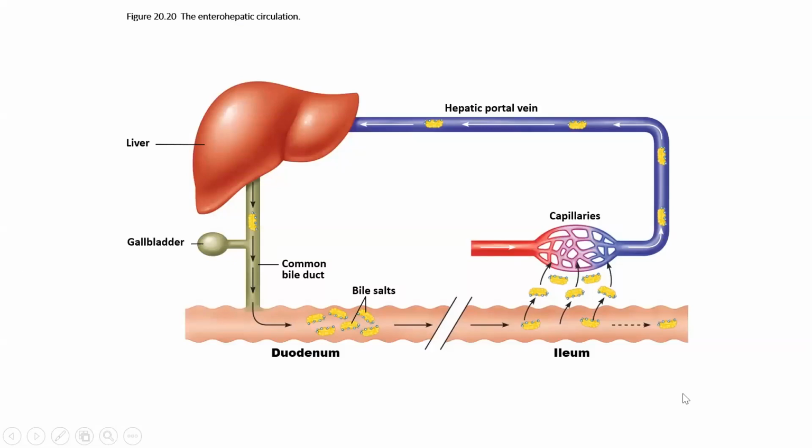Now, what happens to those bile salts? Remember, bile salts are being released from the gallbladder, depending on the fat content in your meal. They are helping to break down the fats in the duodenum, but they make their way to the ileum, where they can be reabsorbed into the vasculature, into the capillaries, and then sent back to the liver via the portal circulation, where they can be recycled and repackaged to make more bile, which is again secreted and stored in the gallbladder. So we're going to recycle these bile salts via reabsorbing them in the terminal part of the intestines in the